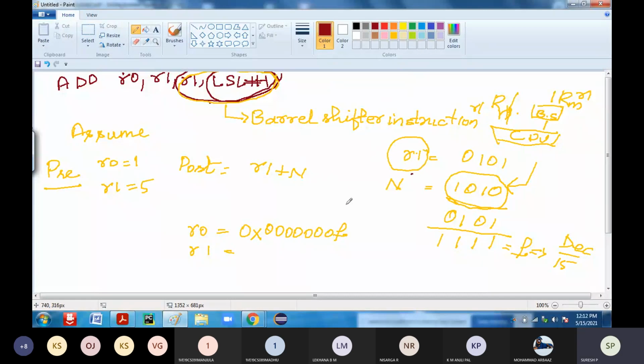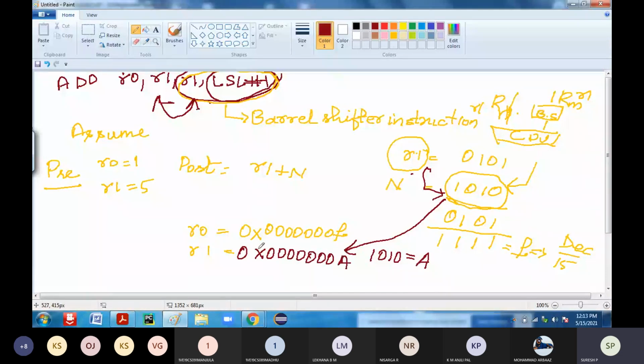So R1 is updated. Now what value is it? It is updated to 1010, because both the conditions here are R1 and R1, so both have to be updated. Once the updated value is loaded into R1 after the execution of the instruction, R1 contains 1010. The hexadecimal equivalent of 1010 is A. So R1 contains 0x0000000A. So that is the post condition which you are going to have. This is how this particular instruction works.